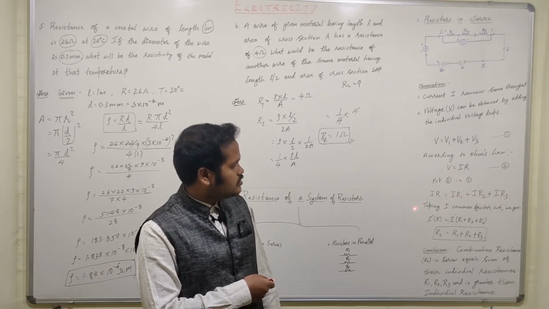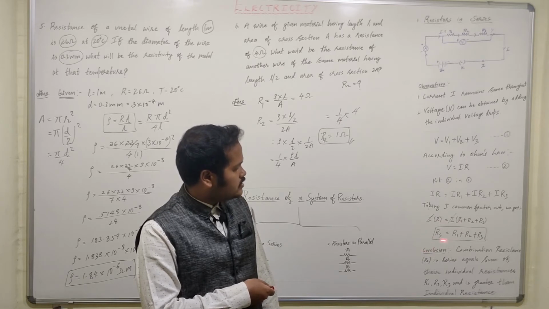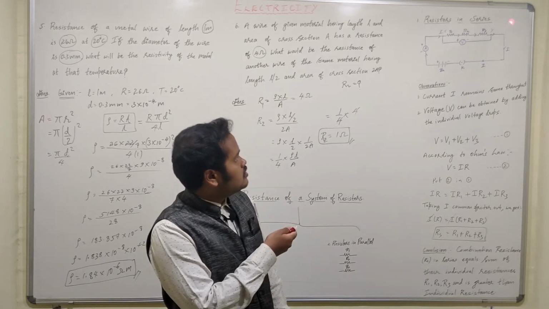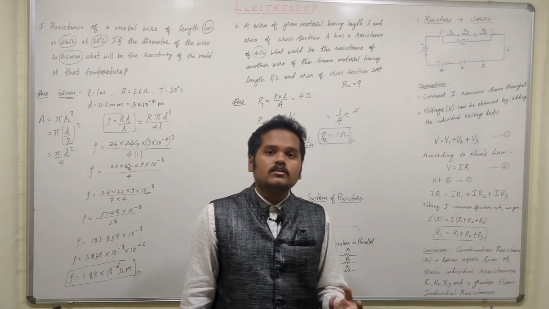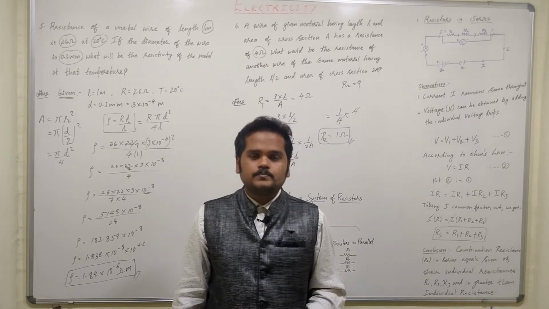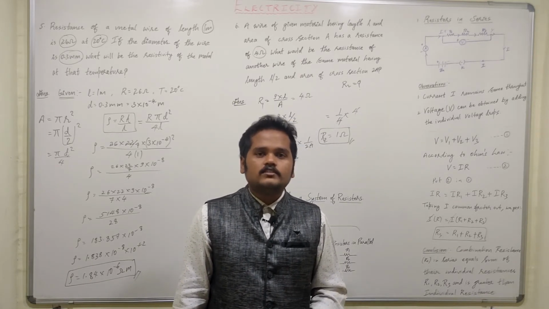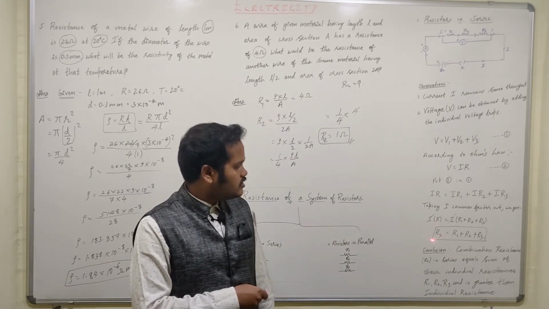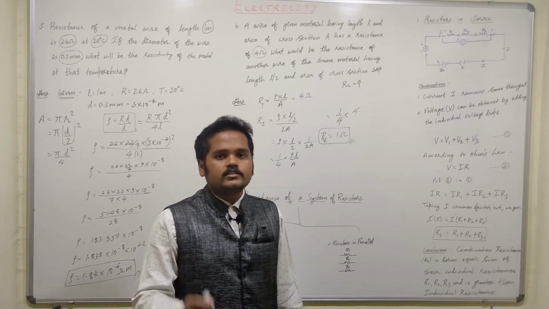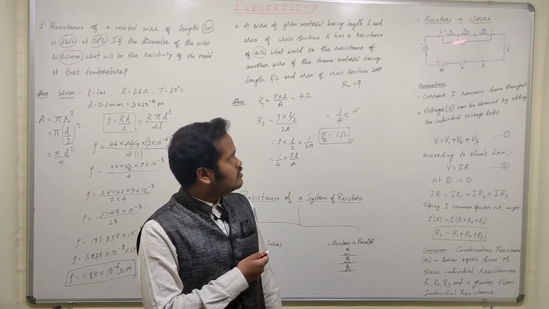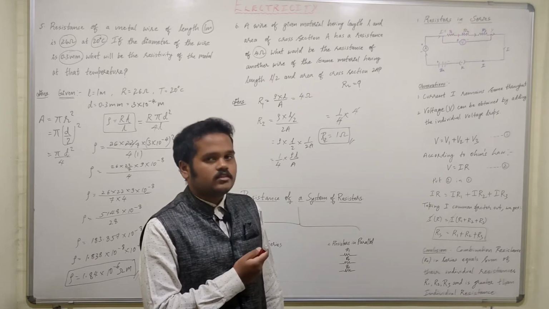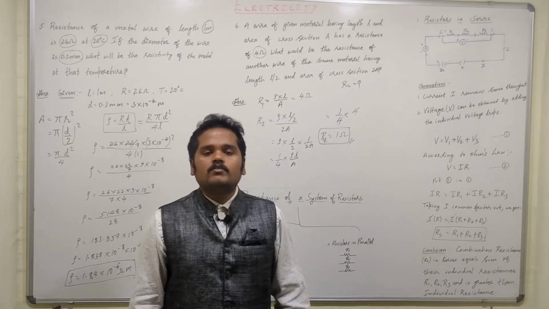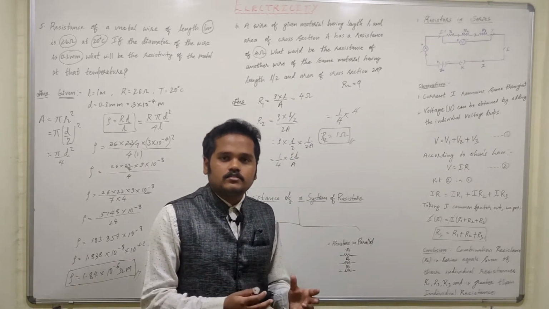This I and this I get cancelled, and we have total RS, which is the combination resistance. The combination resistance is the total resistance of all the three resistors present in a circuit, which is represented by RS. S represents series. How to find it out? We just need to add all the resistances. So the sum of the individual resistances, R1 plus R2 plus R3, will give you the combinational resistance.